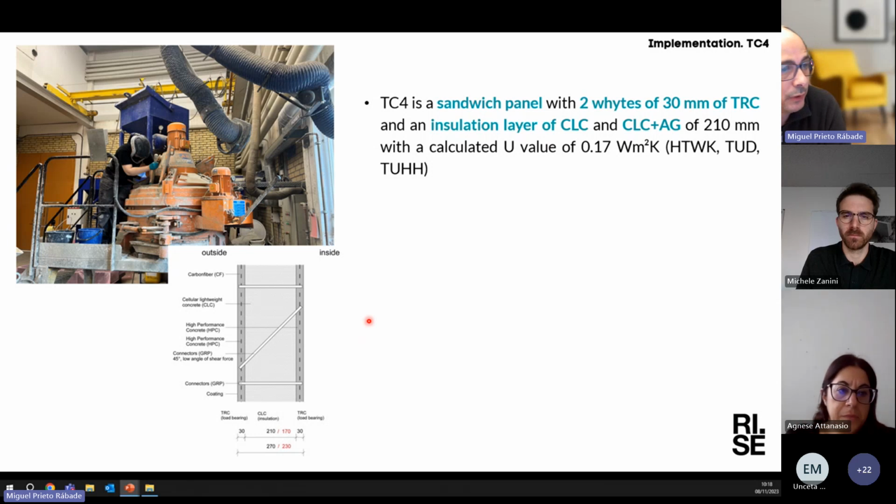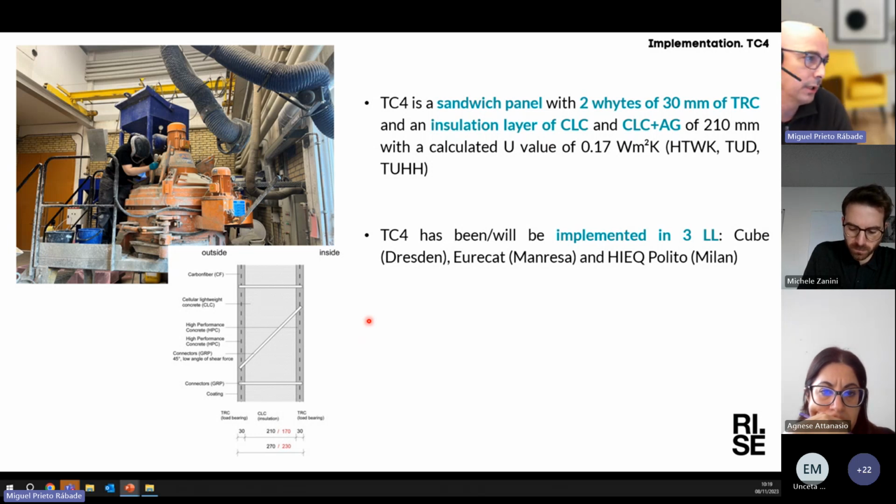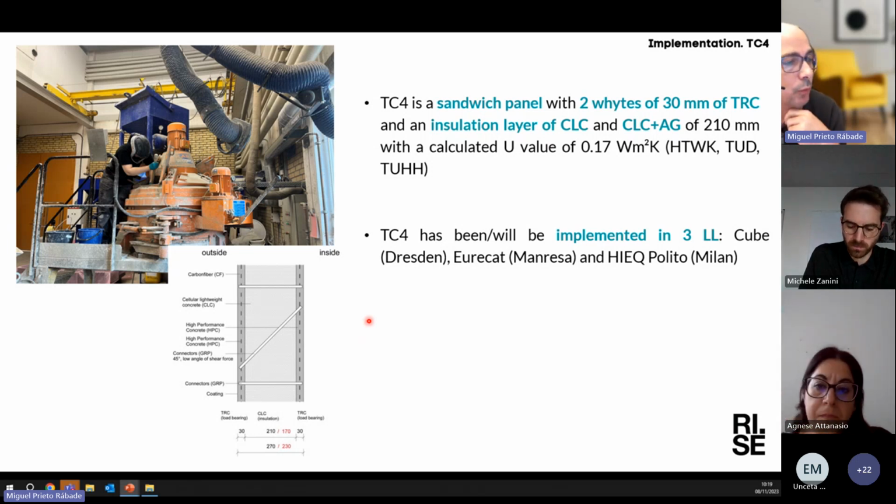This is a collaboration between HTWK, TUD, and TUHH. So we produce the insulation material, and then HTWK produces the complete sandwich panel using the fibers from TUD, and TUHH is providing to us the aerogels that we implement in the CLC mix. So this test case 4 has been and will be implemented in 3 living labs: CUBE in Dresden, EURECAT in Manresa, and